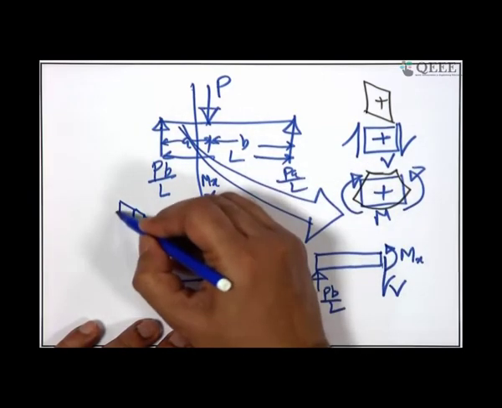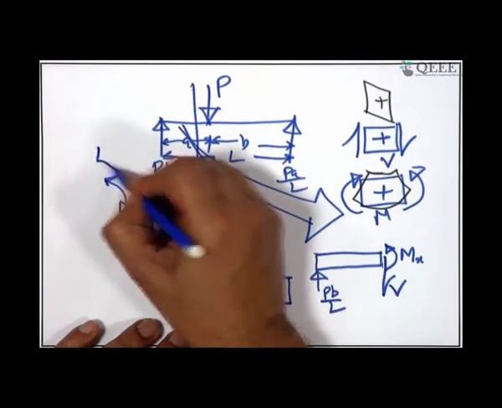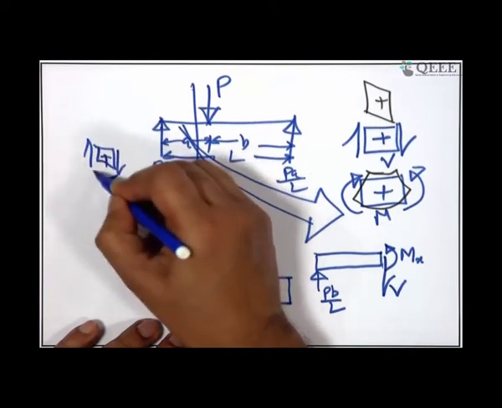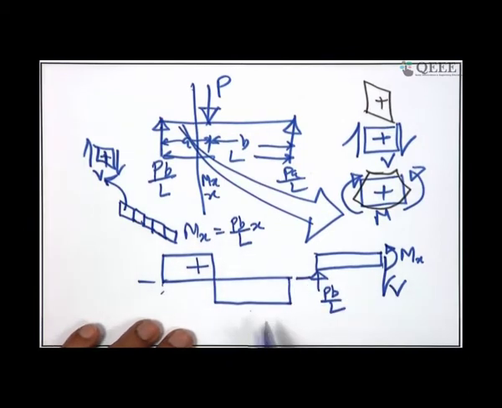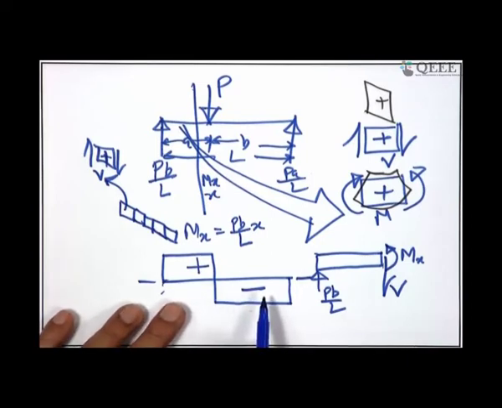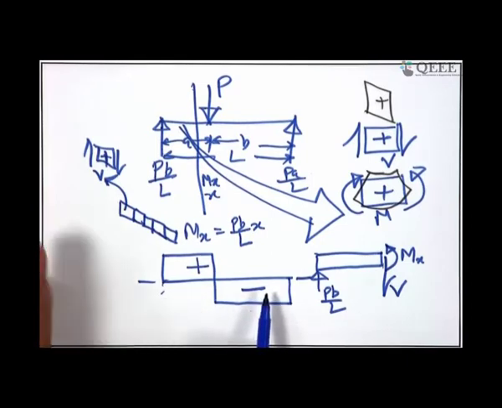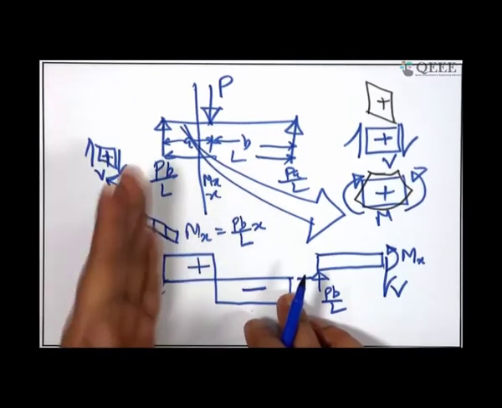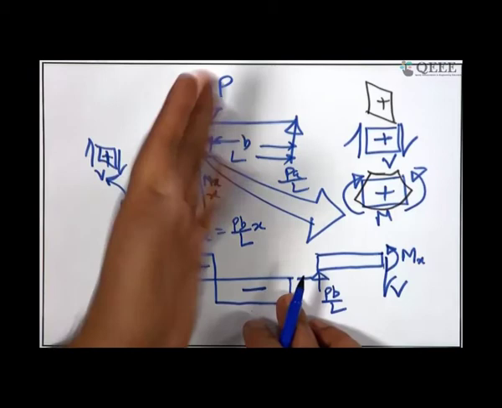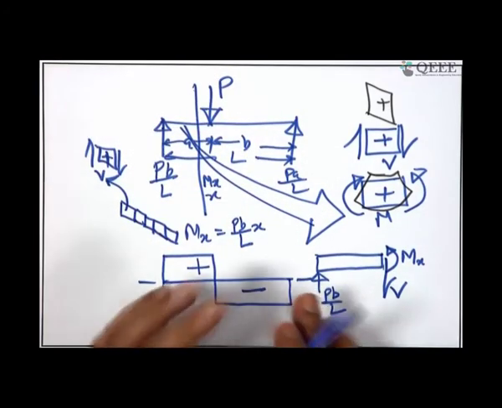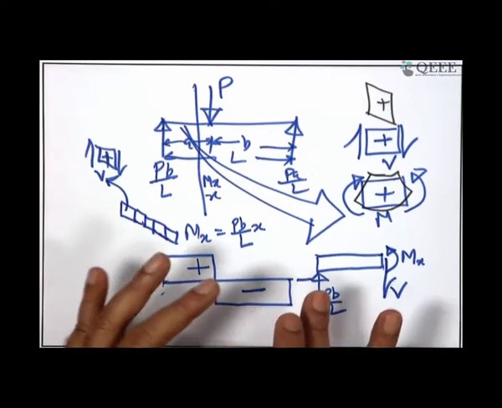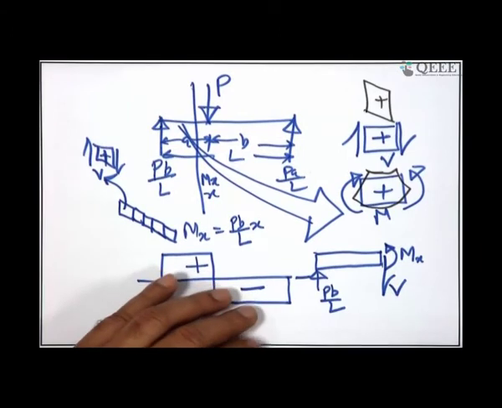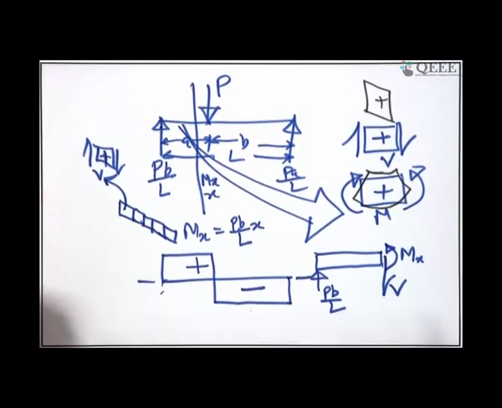So, I say that if I isolate one of the members, it will actually be left up, right down positive shear. If I take this positive, then it becomes very easy for the students to visualize and quickly draw the shear force diagrams, and it is very intuitive and very natural. I am having a force, I am drawing it. So, basically what you are doing is drawing the external force itself and calling it an internal stress resultant. As such it does not look so comfortable, but it is absolutely okay